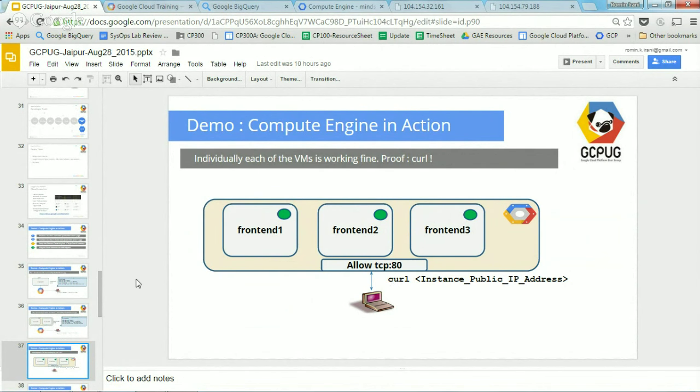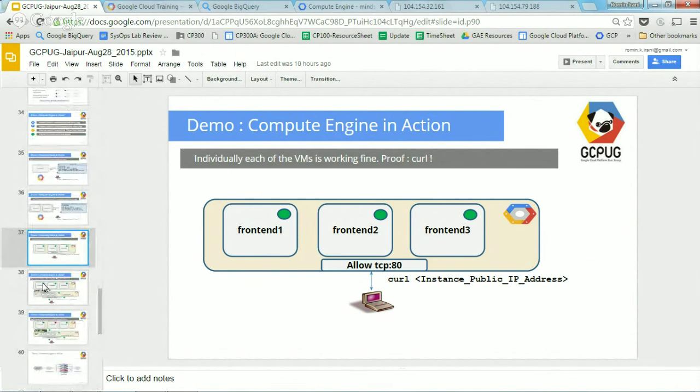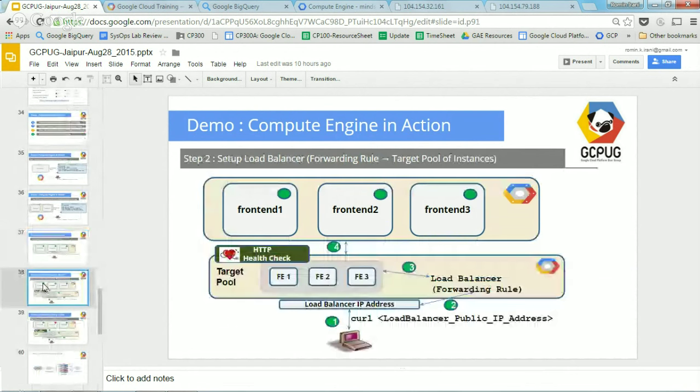But obviously, in a load balancer scenario, you want something of this sort, which is that we should ideally be hitting the load balancer IP and not the individual instances. And then the load balancer is going to be clever enough to route the traffic accordingly to the particular instance, right? So what we want is that